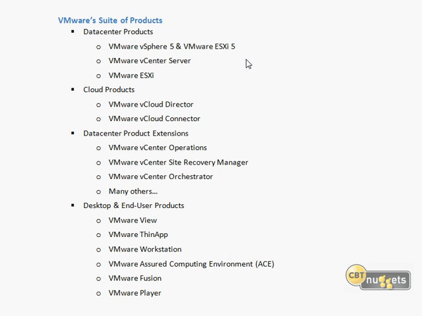But vSphere itself is the larger scale umbrella for what all this stuff is. Now, vCenter Server is the management tool, whereas ESXi is the hypervisor